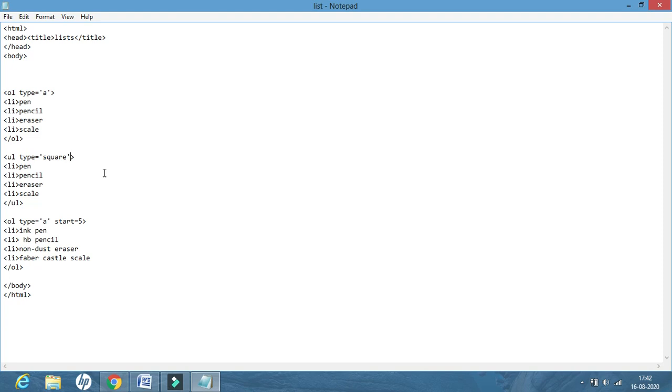Because unordered list has no numbering system. Always it will display bullets only for its corresponding items. So inside UL we cannot use the start attribute. The start attribute will only and only work with the ordered list.